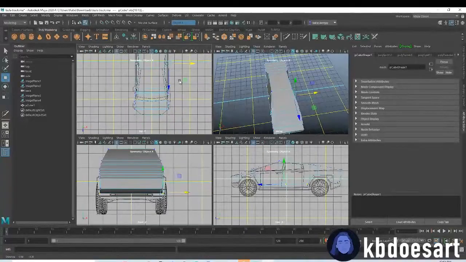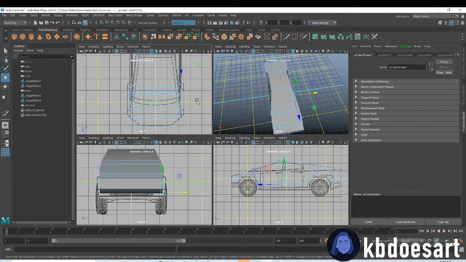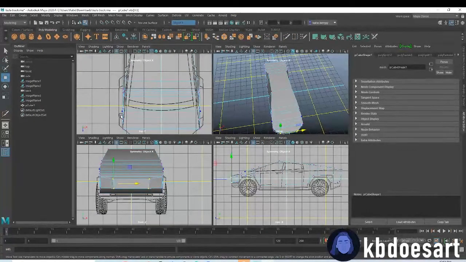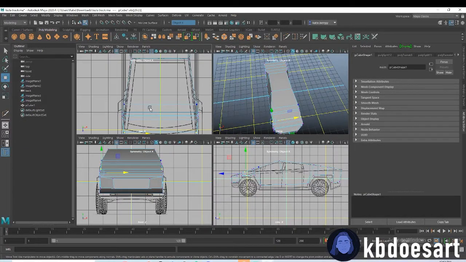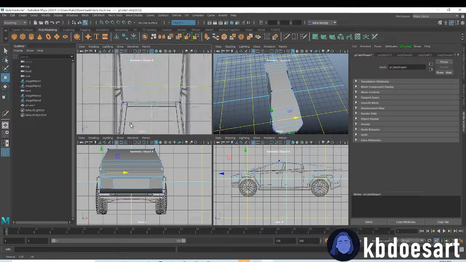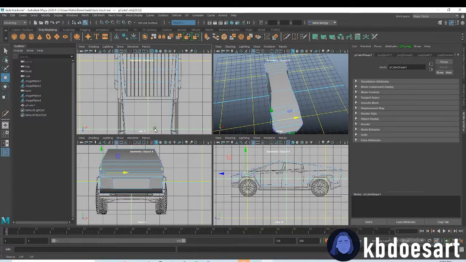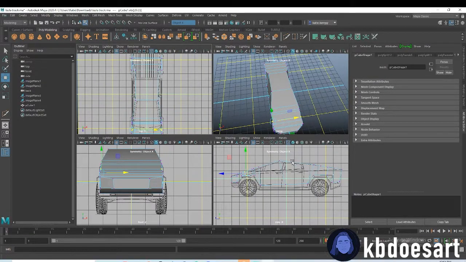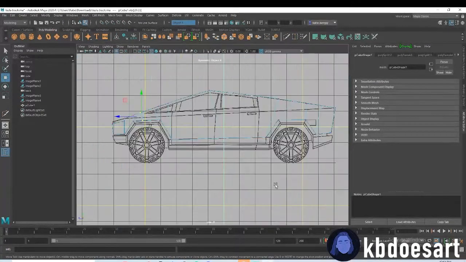All right, I'm also gonna go into this view because I'm gonna take these guys and push them in since they should not be that far out. Okay, that looks good. Okay, rest of it looks great. All right, so what I want to do now is just figure out some of these